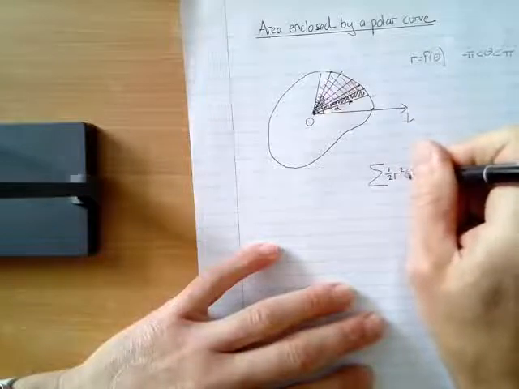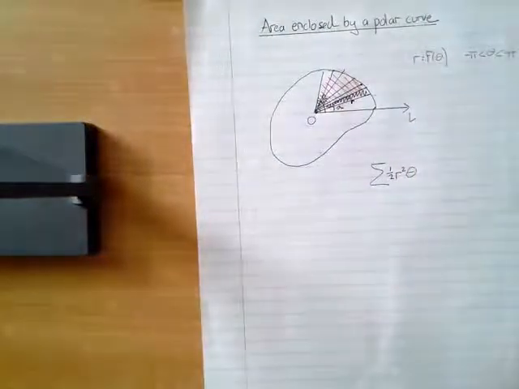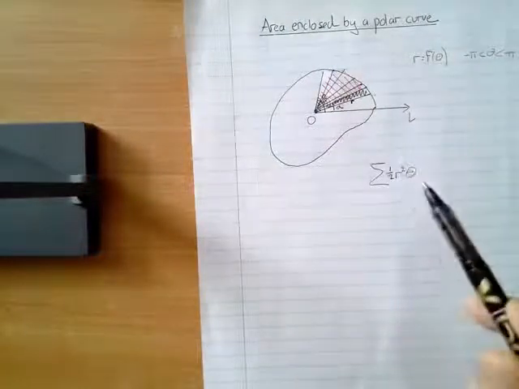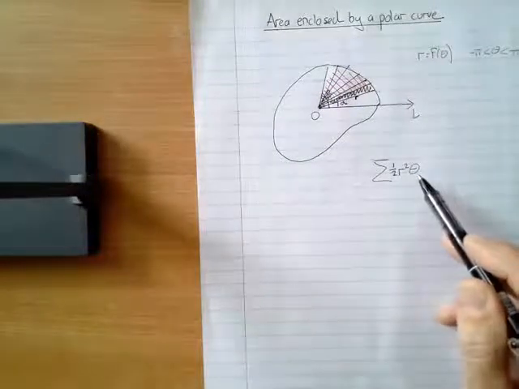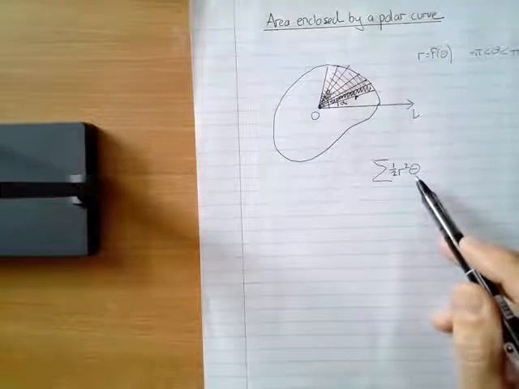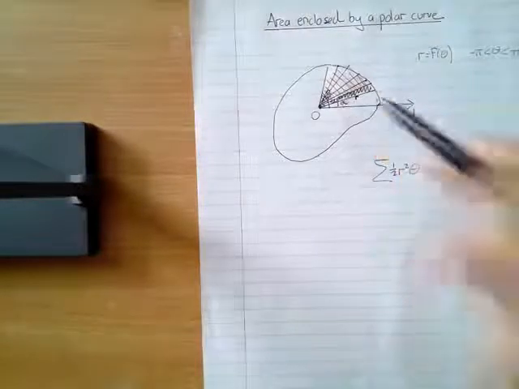So I would be summing all the individual sectors, which would each be found by using a half r squared theta, where theta is the angle for each of the sectors,